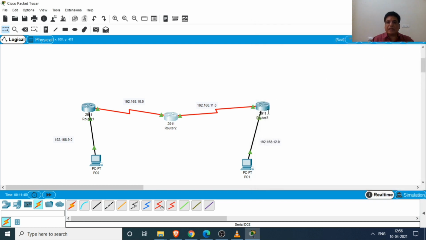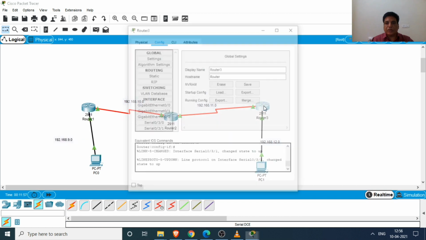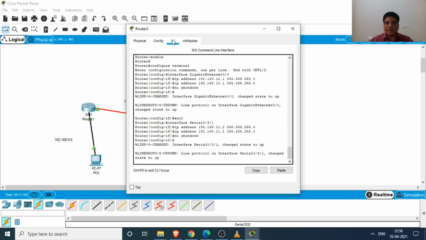Now we are configuring the third router, in which we have the two neighbor networks 11.0 as well as 12.0. So we click on the router, we go to the CLI mode.